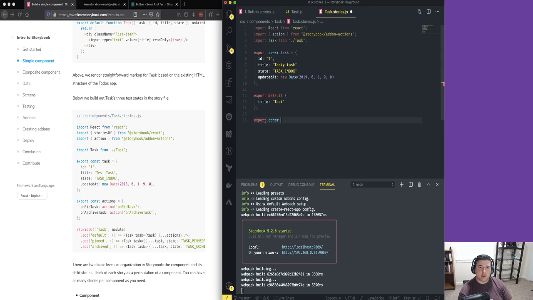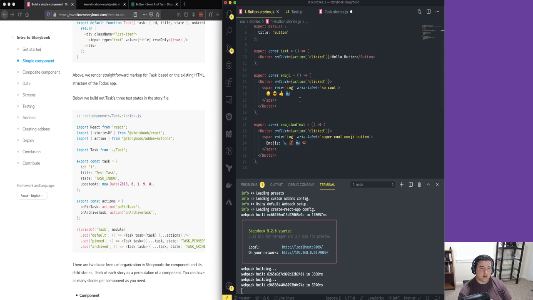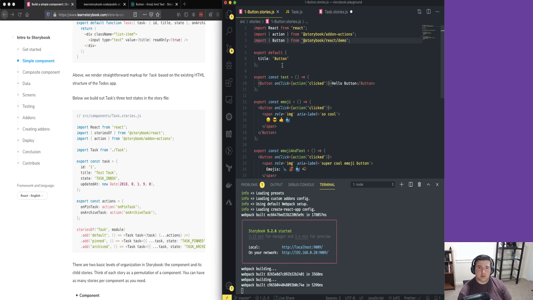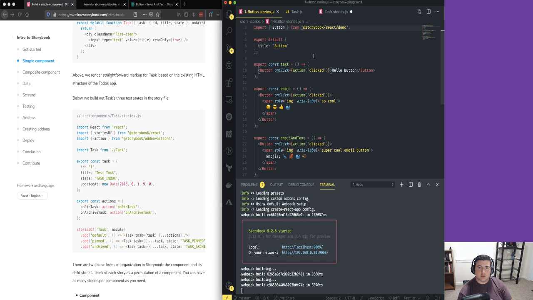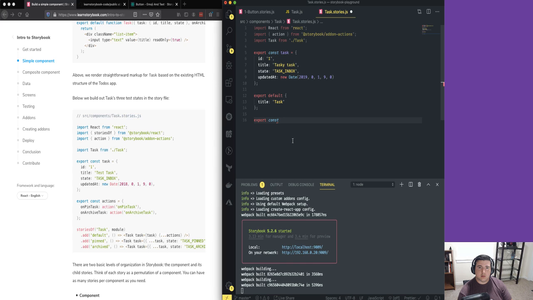Export const. Well, there's a default task, but yeah, it's fine. It's fine. We're gonna do pinned. Let's do pinned equals, and